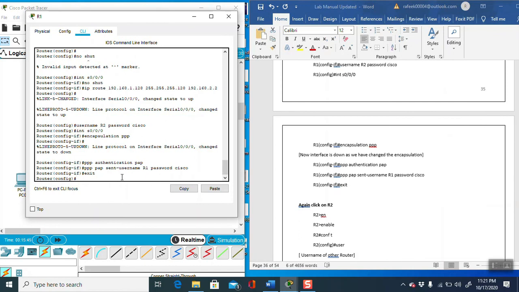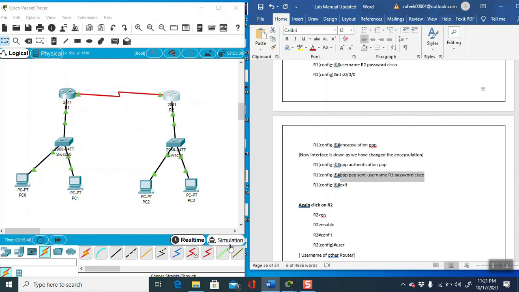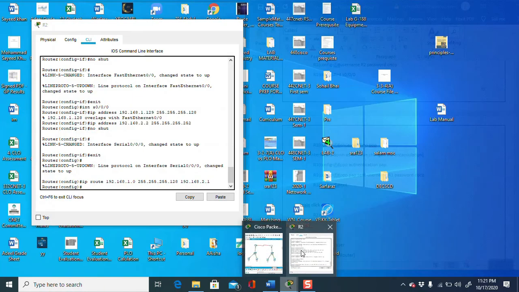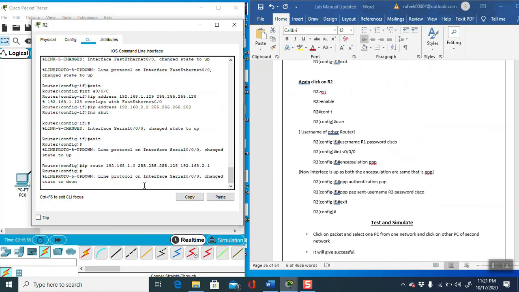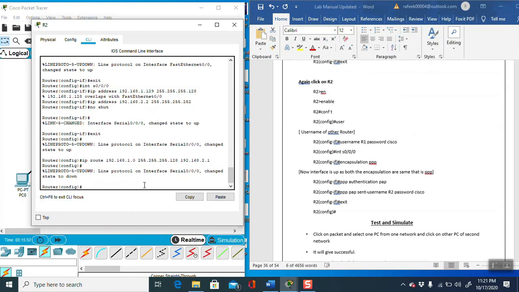After this we will do the same thing inside router 2. Same here, and copy the password.